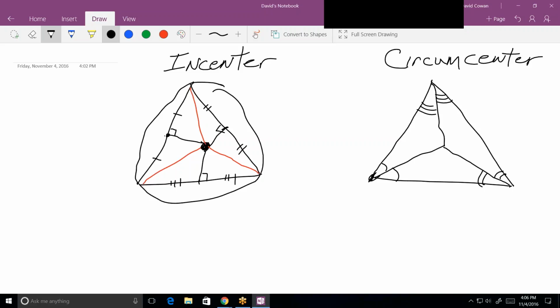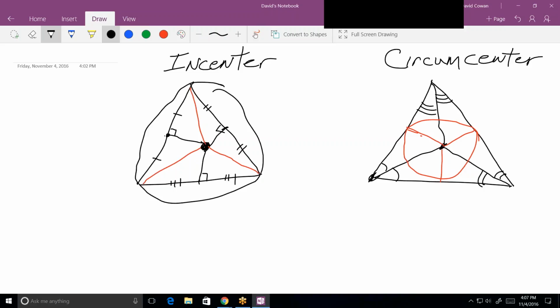Now, that's a different center of a triangle than this one over here. And what is true here is that it is equidistant from the sides. In other words, that distance is the same as that distance is the same as that distance. Hence, I could draw a circle inside the triangle. Okay? Now, let's talk about these two situations, because one really easy way to remember it is that the one